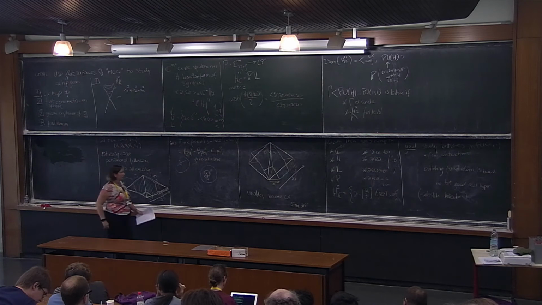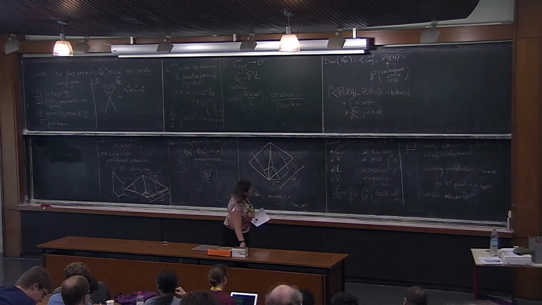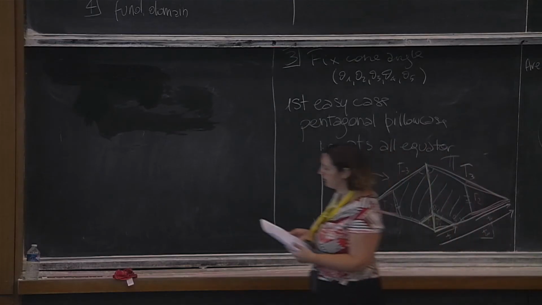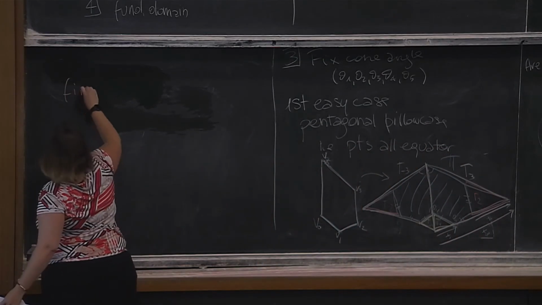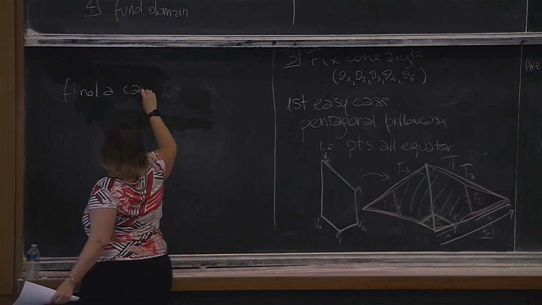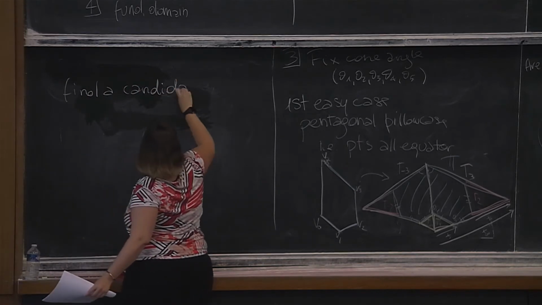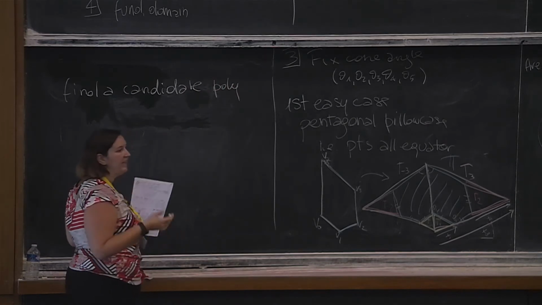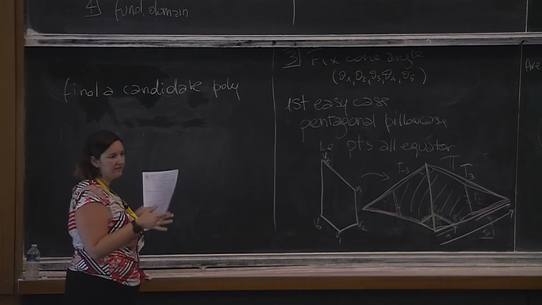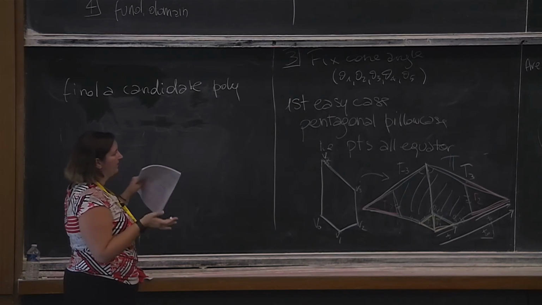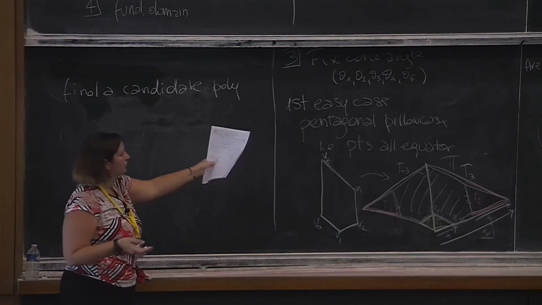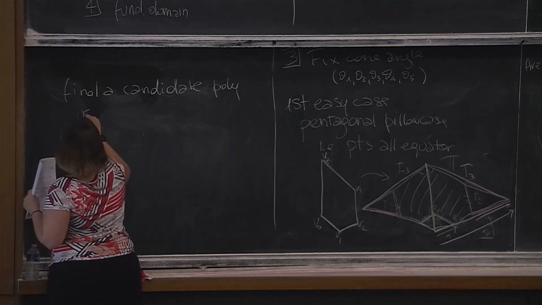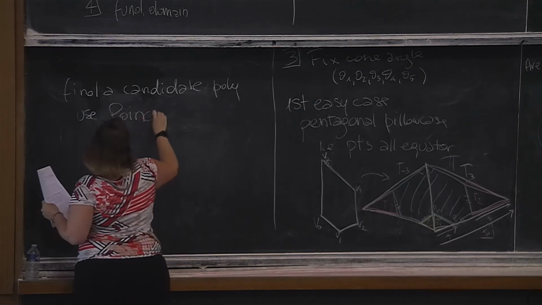So once we have this construction, and we want to build polyhedra, then the idea of what I will be doing is that I will find a candidate polyhedron by thinking of how the metric completion is built, by thinking of when those constructions really give the same metric, and then use the Poincaré polyhedron theorem